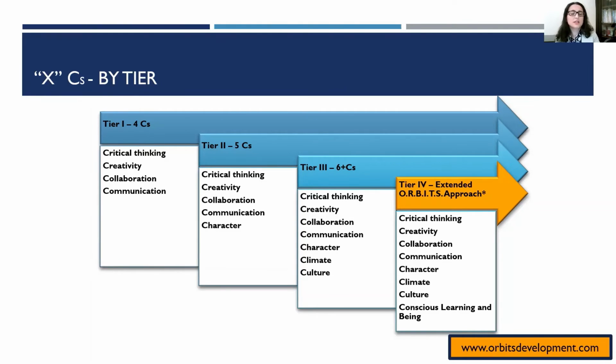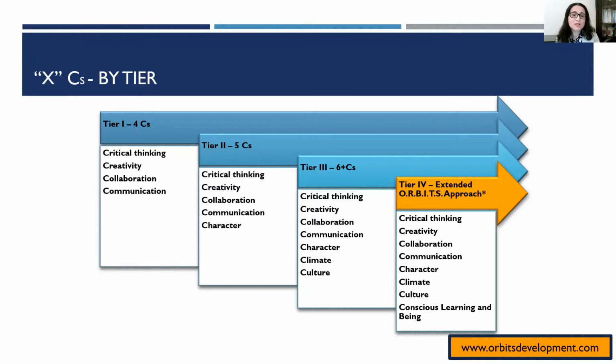As for tier 3 here, we are adding more to that. We are adding to the 4 C's, the character, we are adding the climate and culture. And by this, we mean this coherent school environment that is all unified within a certain mission. Now, again, this doesn't mean that we can't do this in tier 2 and tier 1, but when we incorporate this in tier 3, it means, again, it is very strategically built in the system. It will be found in all disciplines. The professional development will be targeting this, the climate, culture, etc.